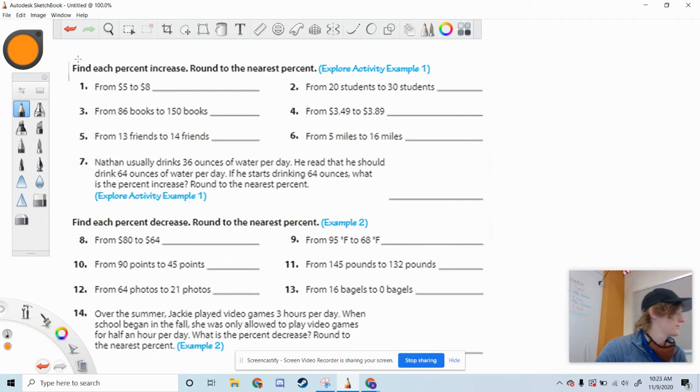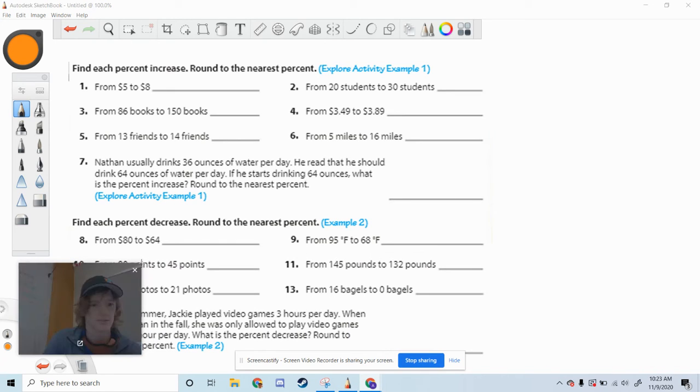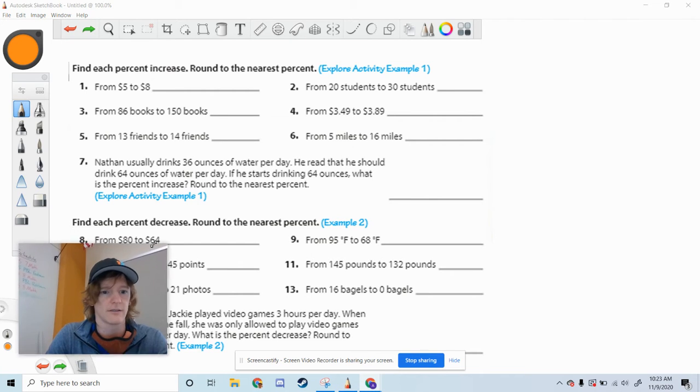Lesson 5.1, percent increase and decrease. This will be for page 144. Here I have numbers 1 through 14 ready to go. So in this section, we're going to be figuring out,